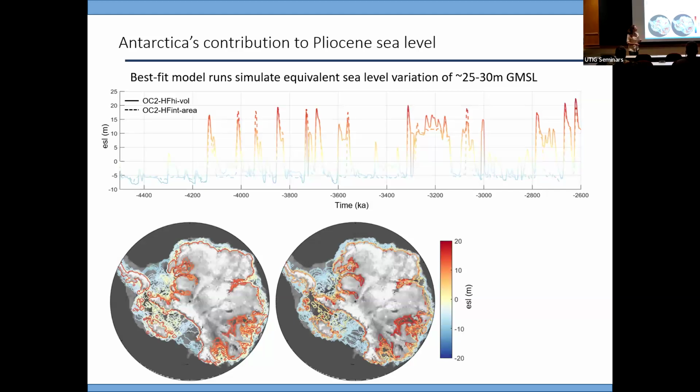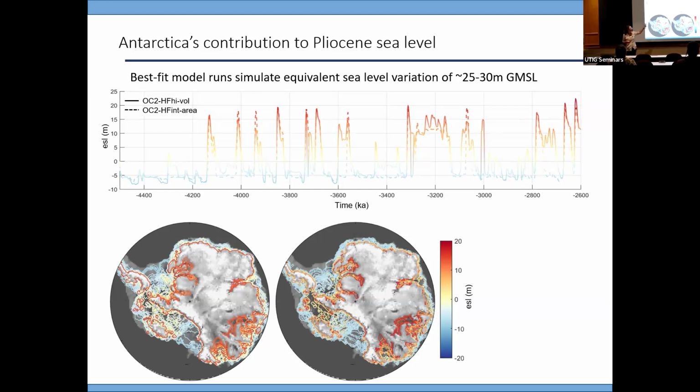This is novel because we have this geologic record of Pliocene ice sheet dynamics, but the actual geologic data are discontinuous in space and time. So we've taken a model, and the way I think about this is we've extrapolated those geologic records into some continuous, time-evolving ice sheet history. And that means we can get a sea level record or reconstruction. So this is the two best fit model simulations plotted in terms of sea level equivalent. And you can see that they produce these big sea level high stands. So we're looking at 15 or 20 meters above present of sea level contribution from Antarctica.